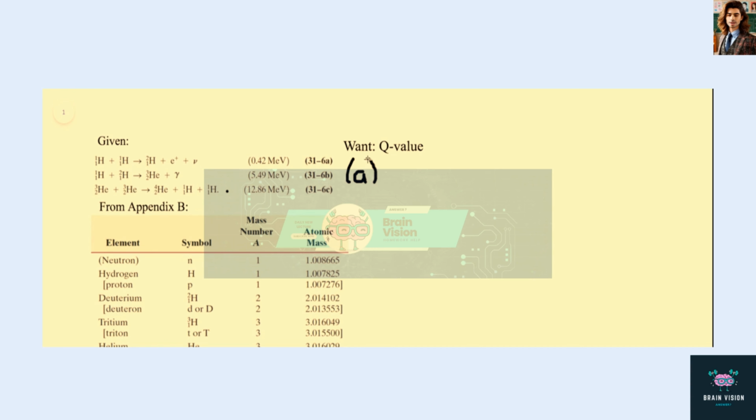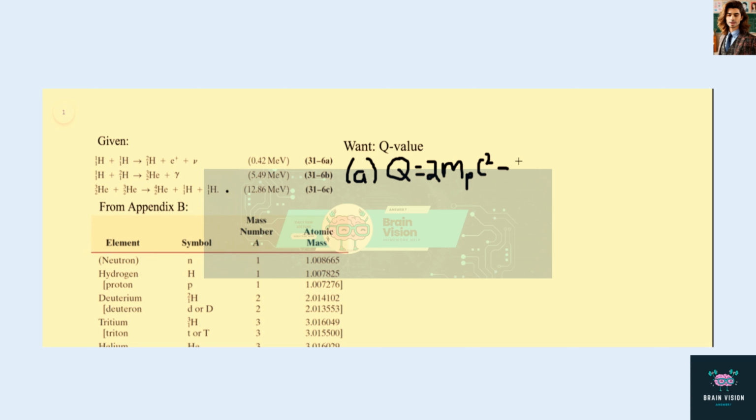Write the Q value for A. So we're going to do the masses, the energy associated with the masses on the left side minus those on the right side. So here we have 2 protons. Let's say 2m sub p multiplied by c squared